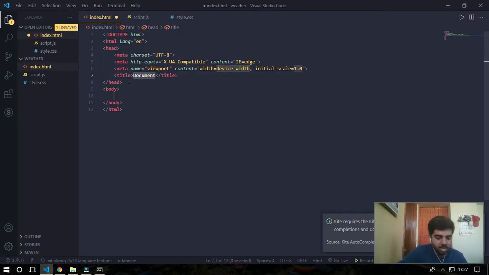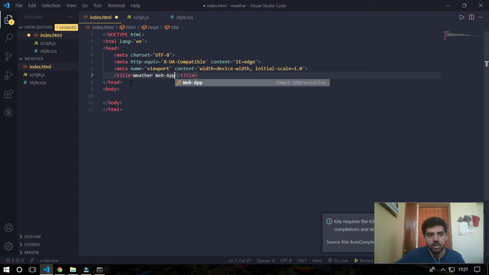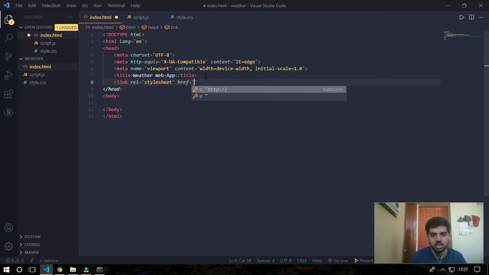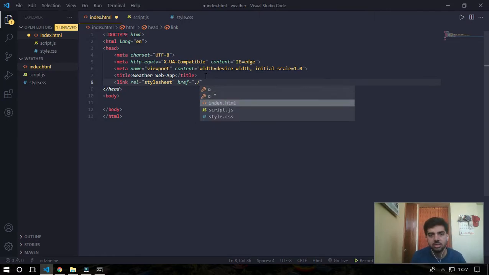The title is weather web app, and we'll just link the style sheet, href equals style.css.